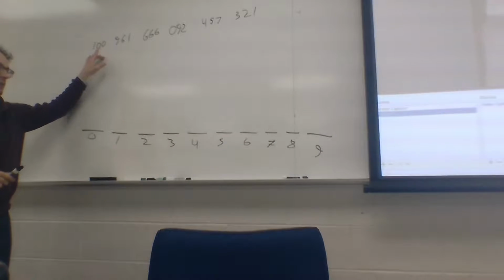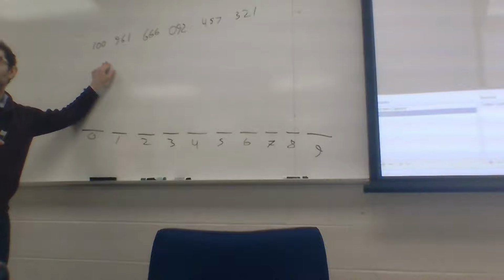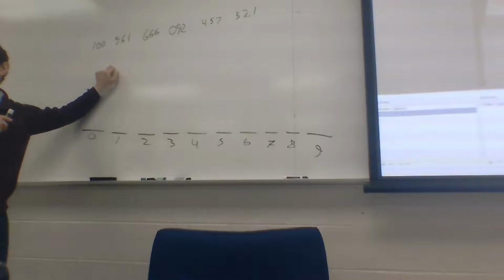Now to sort, I go through and check the least significant digit of each of these numbers.